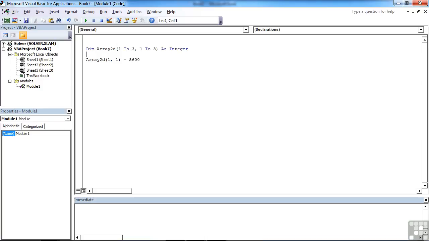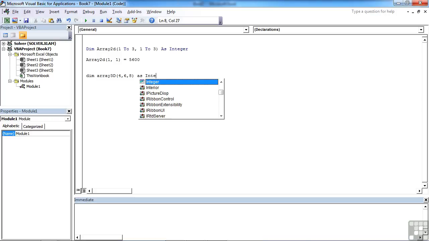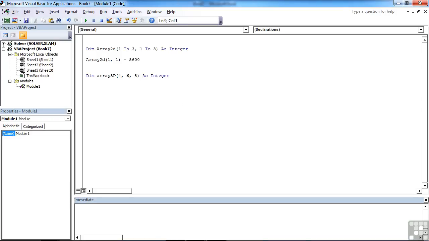Now you can even go that step further and create a 3D array that has 3 indexes. And the best way you can think of visualizing that is it's not a grid, but a cube. So you've got an X, a Y, and a Z coordinate. So we can declare the same way, Dim array3D, and then how many indexes are on each side of that cube. So if we were to have a 4, a 6, and an 8 As Integer, you are creating a cube which has 4 values down the left, 6 values across the bottom, and then 8 values deep,